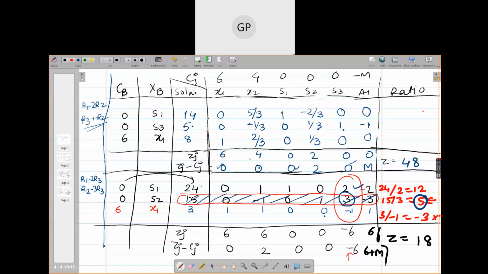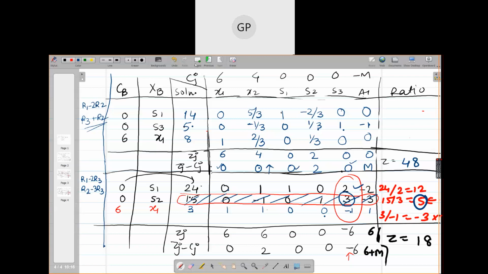No. So what does it suggest? It suggests that X2 also can be brought in the solution, by considering this to be your pivot column. Though it is 0, you can consider this to be your pivot column and do the same pivotal operations. Bring X2, replace some other variable and check the value of Z. So right now actually I have arrived at my solution. I have got my answer as x1 equal to 6.